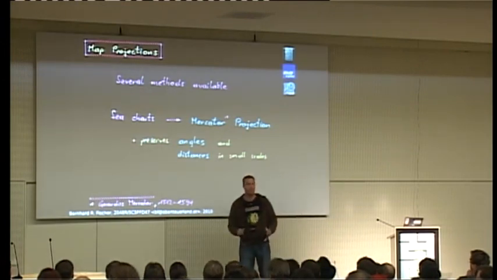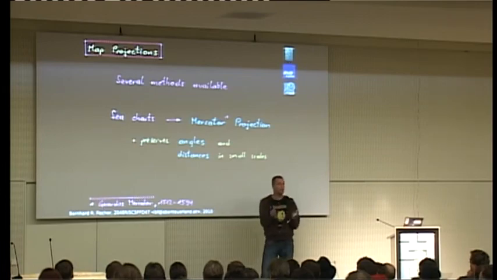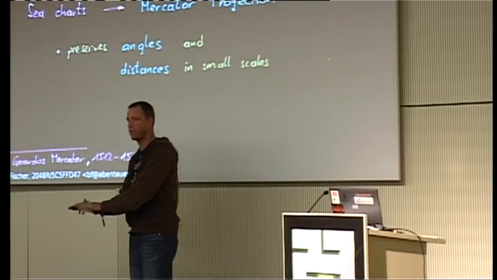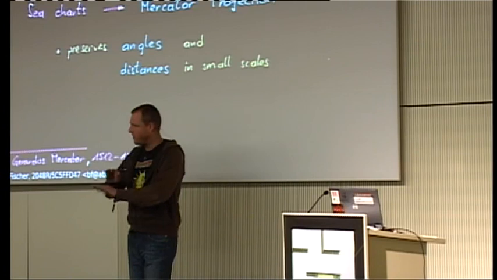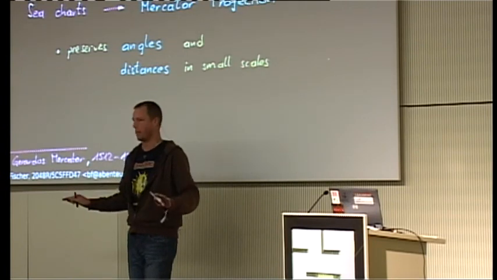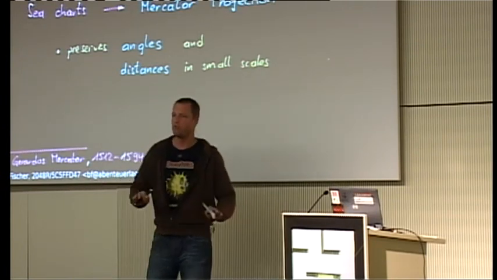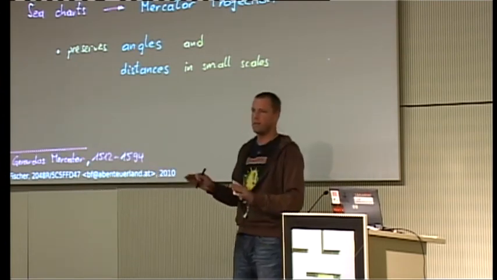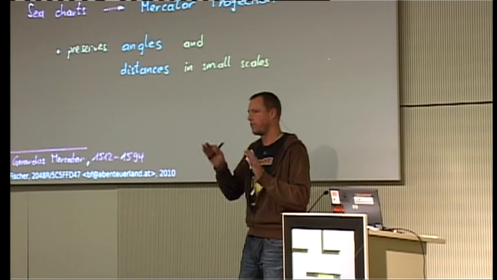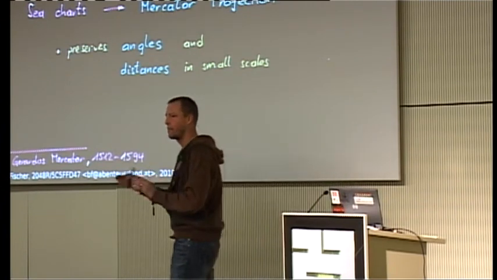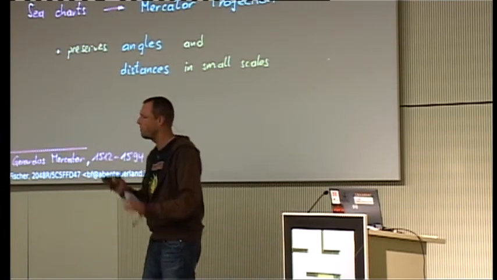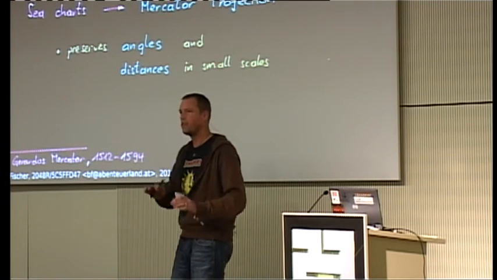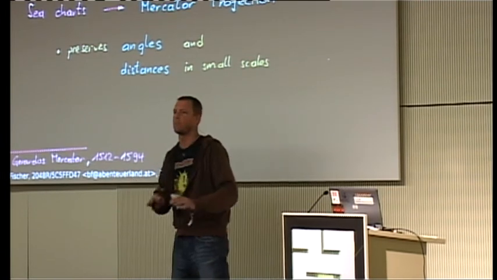As soon as we try to put a three-dimensional object onto a two-dimensional plane, it gets distorted in some way, and we can just choose which distortion. Well, which distortion is the best trade-off that we can take for a specific use case. So depending on the use case, you choose a different map projection.